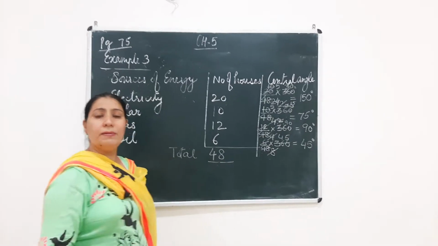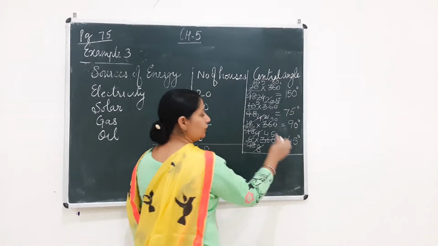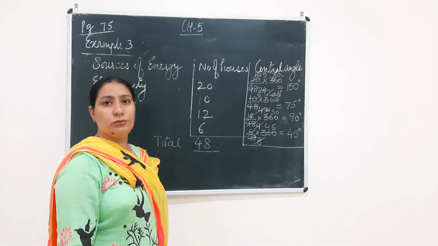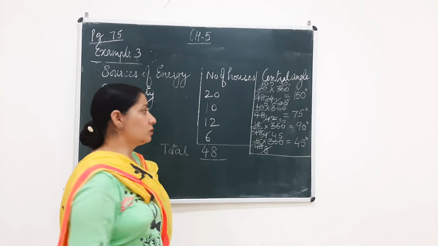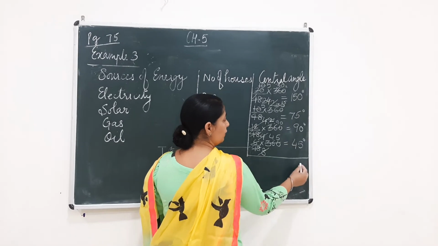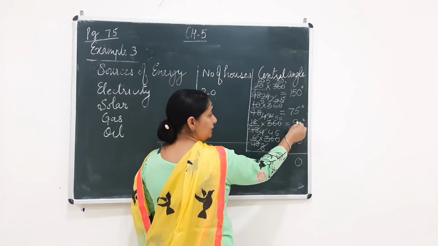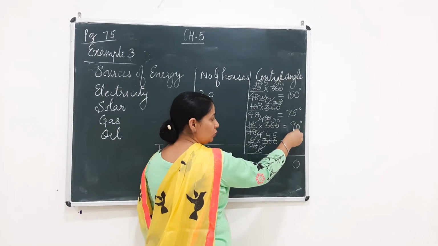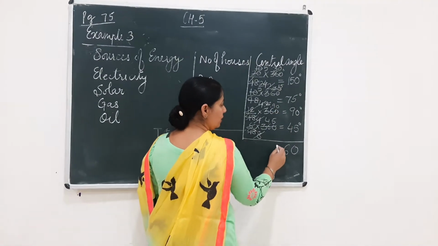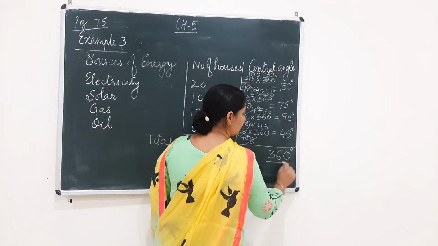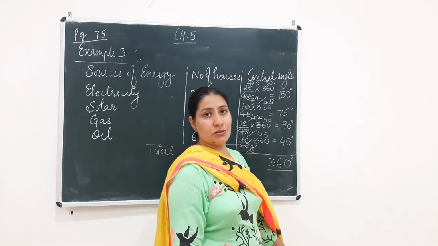Now to check whether my calculation is right or wrong, I should just find the total of this, and the total should be equal to 360. If it is not 360, that means somewhere I have done something wrong. So I am just going to check it. 5 and 5 give me 10, 0, 1 carry. 5 and 7, 12 and 1 carried 13. 13 plus 9 is 22. 22 and 4 is 36. 3 carry, 3 and 1, 2 carry, 2 and 1, 3. So we have got 360 degree as the total, and this shows me that my calculations are correct.